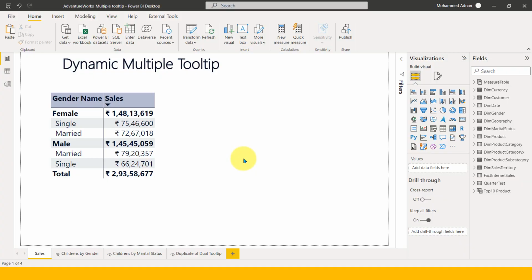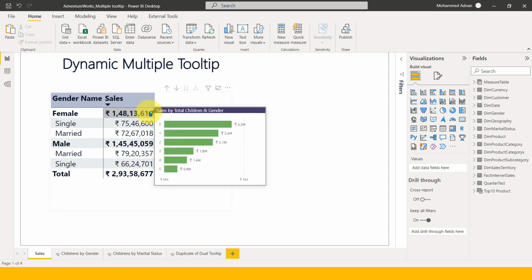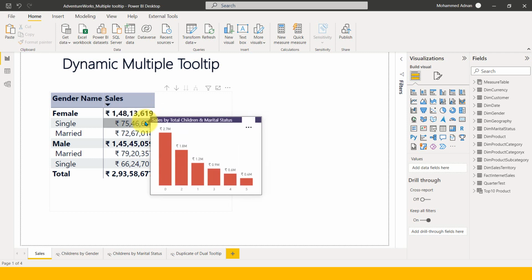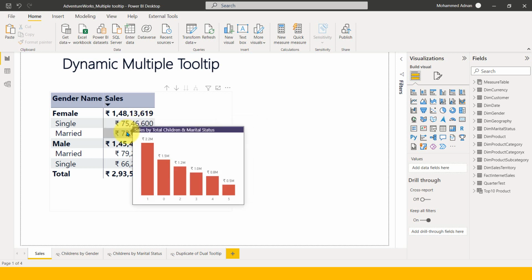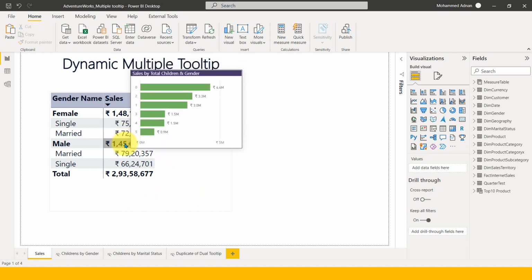Now let's get started. So here is my Power BI file. I have this matrix table. If I scroll here to the gender, which is male or female, then this gives me a tooltip, a list of children by gender, right? If I scroll down to this one, whether they are single or married, then it is giving me a different tooltip. This looks good, right? If I click on this one, it's giving me the same. And if I go back again to gender, then it is giving me a different tooltip. So I have used two different tooltips here.